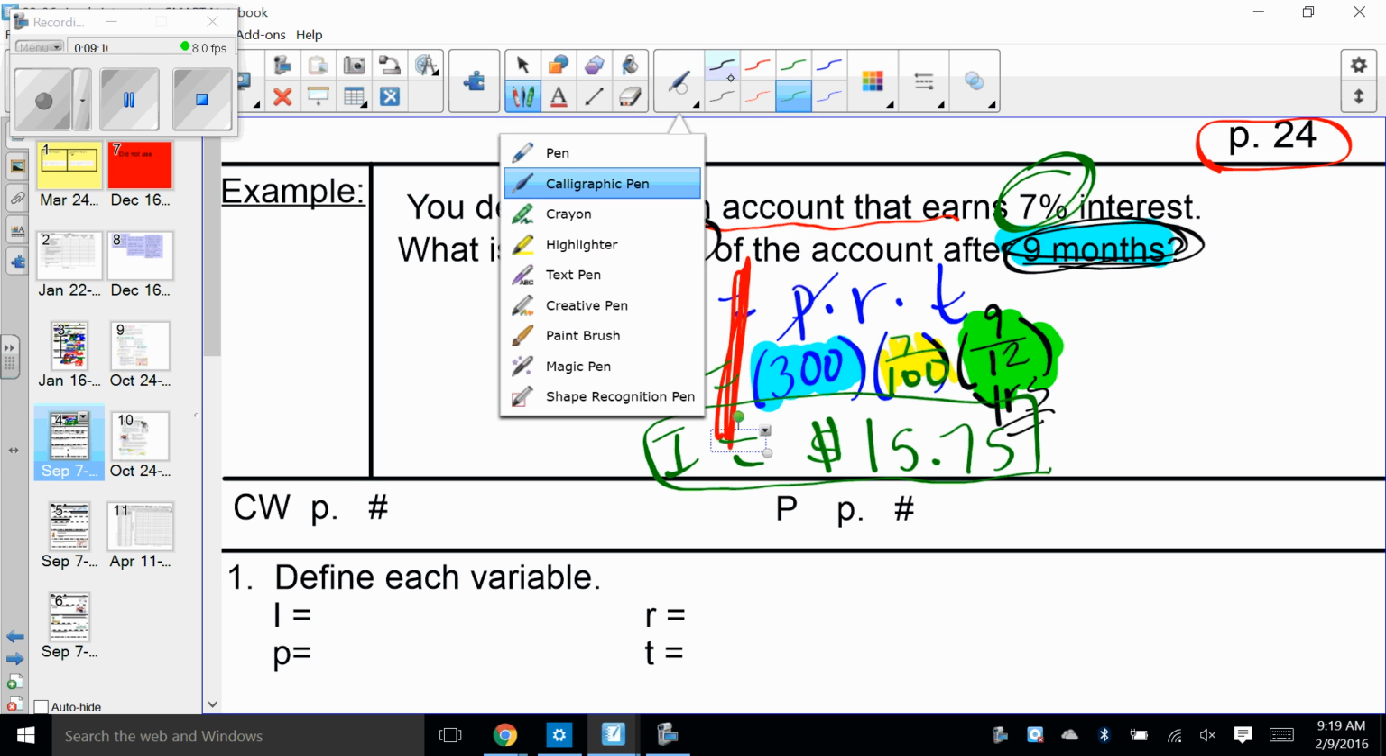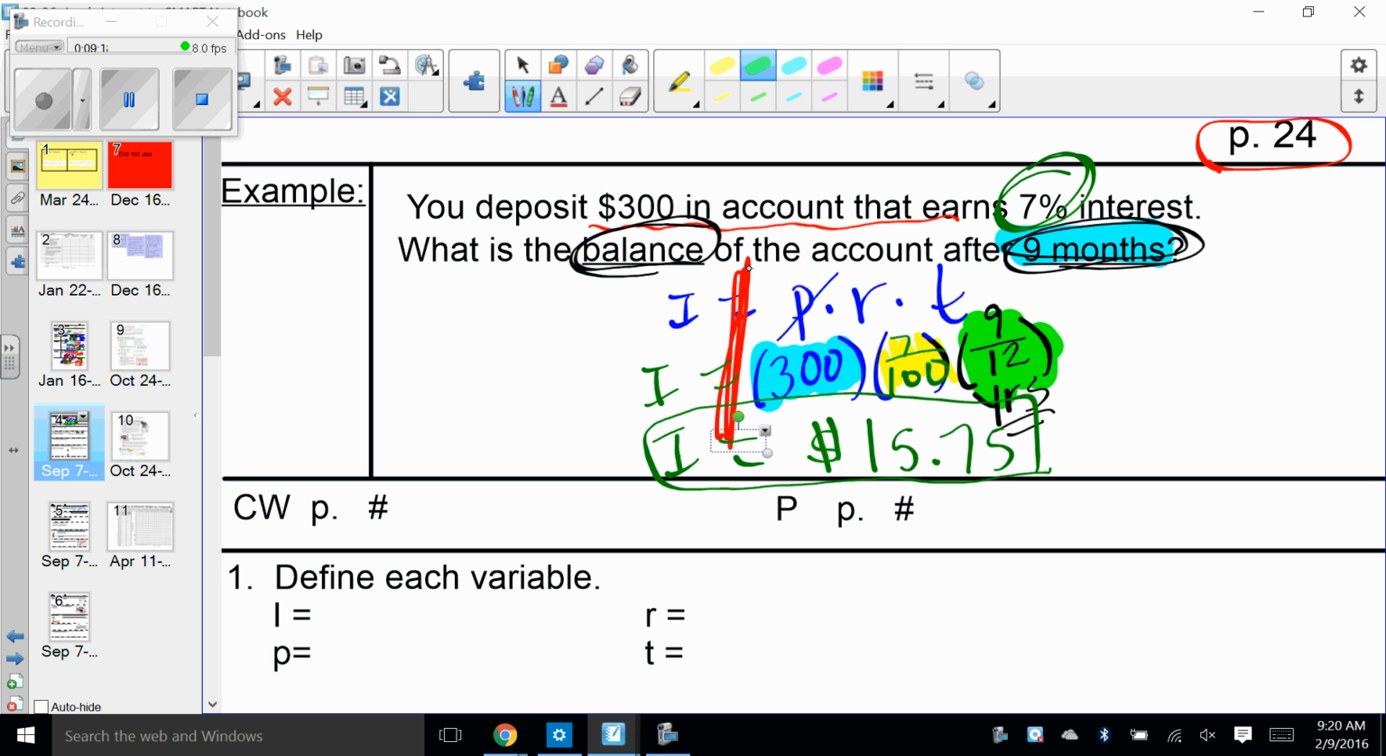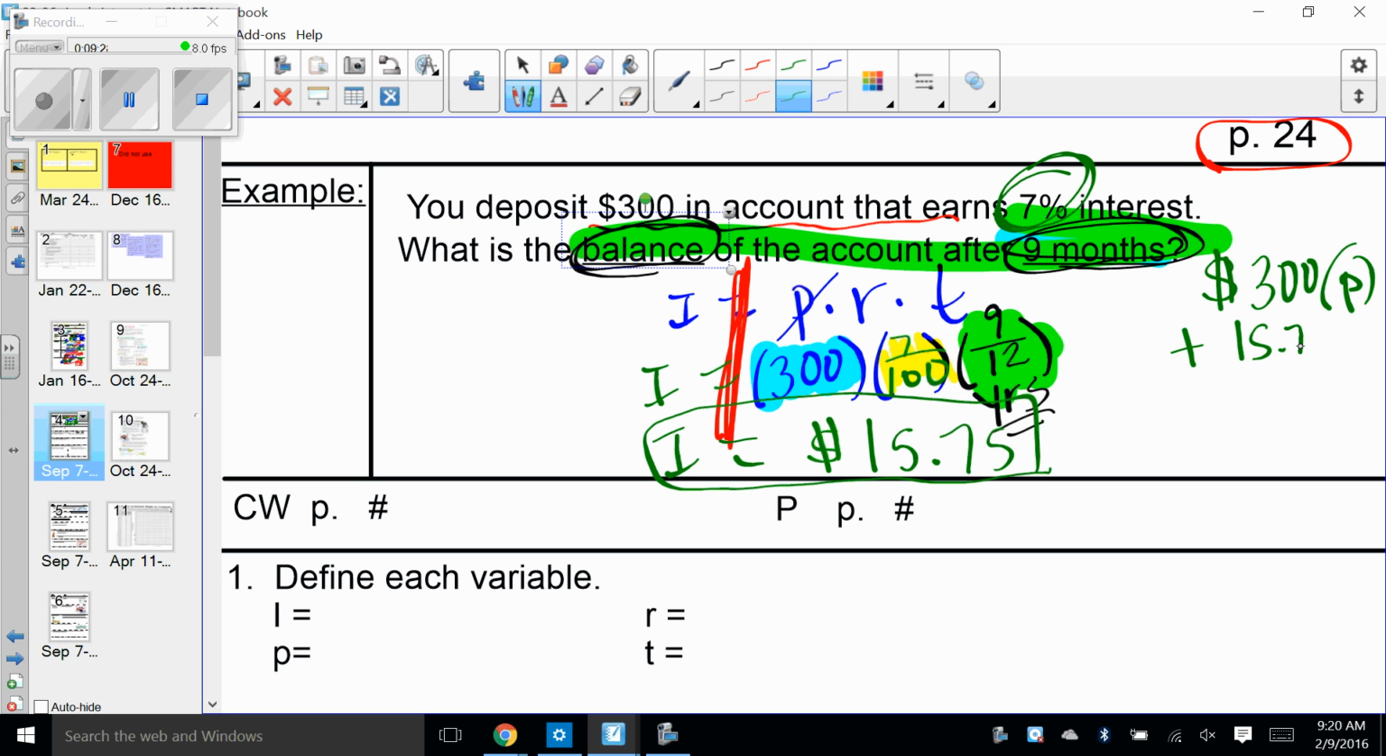Make sure you've read the question because the question is actually asking what is the balance after 9 months. So remember, we have to go back and add. If we start with $300 as the principal, we add the interest of $15.75. We add those up and we get $315.75, and that is called the balance. The balance in the account would be